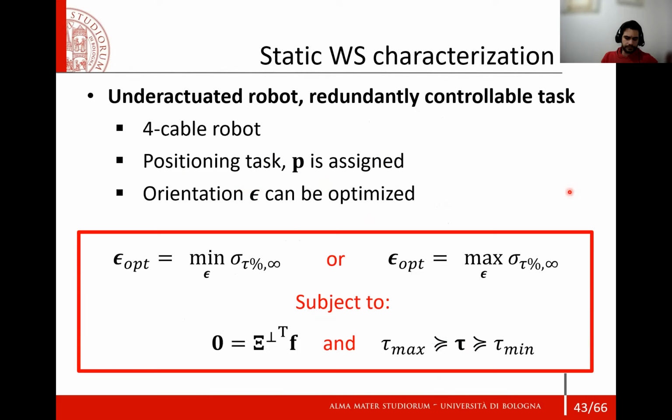Another possible application of the proposed performance index is that of set point optimization. If, for example, we use a 4-cable robot for a positioning task, we actually have an overactuated system from a task perspective. Its orientation can be optimized with respect to this index, so that natural cable length errors will minimally impact the end effector actual configuration from a range